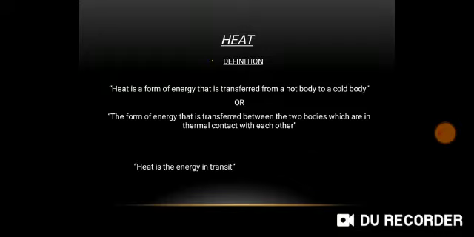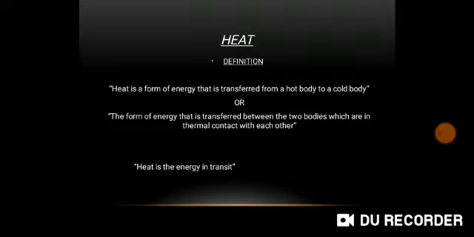For example, let's suppose that you have a hot cup of tea and you place it into a room. After some time, if you touch the cup of tea or you try to drink it, you feel that tea is cold. What has happened? Tea has basically transferred its heat energy to the room. It has given off its heat to the room. Heat is transferred from tea, which is at high temperature, to the room, which is at lower temperature. So that's how heat transfers, and this is a form of energy which flows from hot body to a cold